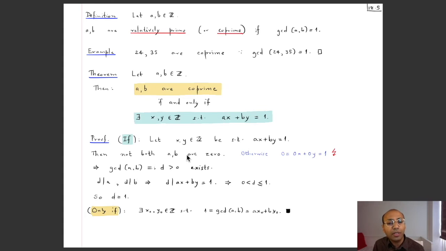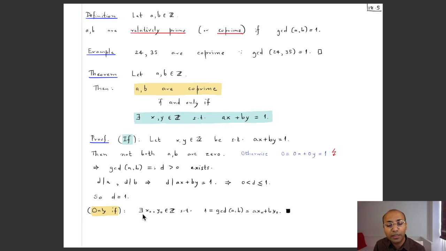Now let us show the other part, namely that if a and b are coprime, then this happens. Well, if they are coprime, then their greatest common divisor is equal to 1, but we had also seen that the greatest common divisor can be expressed as a combination of a and b with some integers. So we know that there exist integers x0 and y0 such that this greatest common divisor is ax0 plus by0, but this greatest common divisor is 1 because we are assuming that the numbers are coprime,